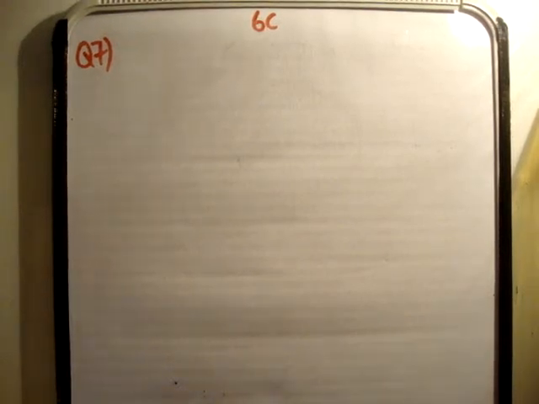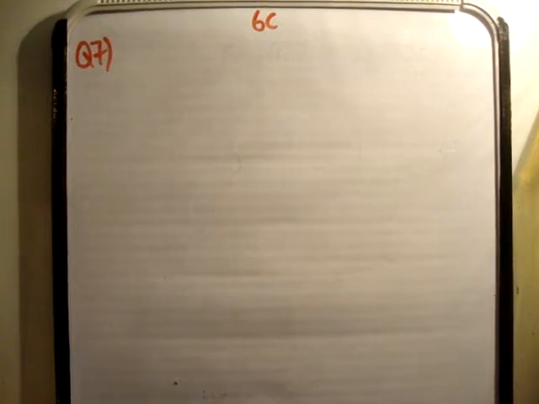Okay, in this video I'm going to continue on with exercise 6C of the book Fundamental Applied Mathematics. We're on page number 165 and the question is 7. It reads, the gravitational attraction of the moon on water at the surface of the earth is enough to move the tides. Find in newtons the magnitude of this attraction on 1 meter cubed of water, correct to two significant figures, and we're told the moon is 400,000 kilometers from earth and